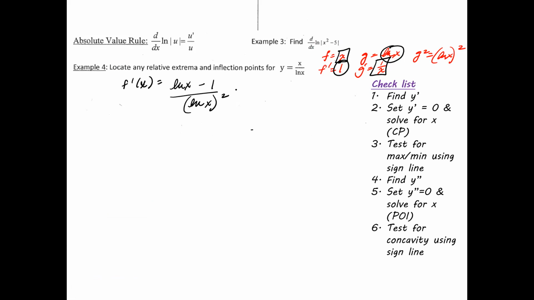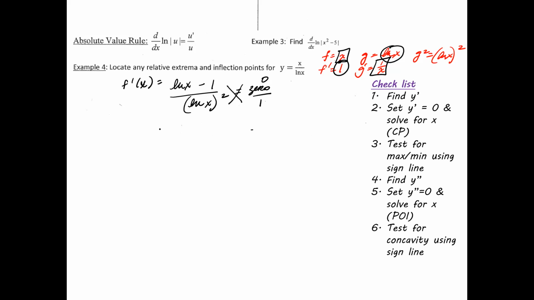In order to find your critical point, remember your derivative, which is your slope, has to be set equal to 0, because remember, that's when the max and min is going to be located, when the slope of the tangent line is equal to 0. So just remember, this is a 0 over 1. My goal here is to solve for x. So if I were to do that, let's go ahead and see what happens then.